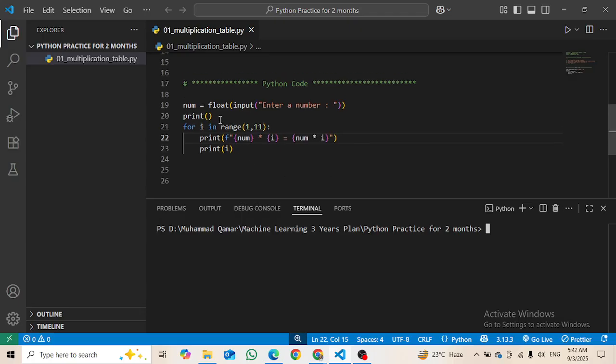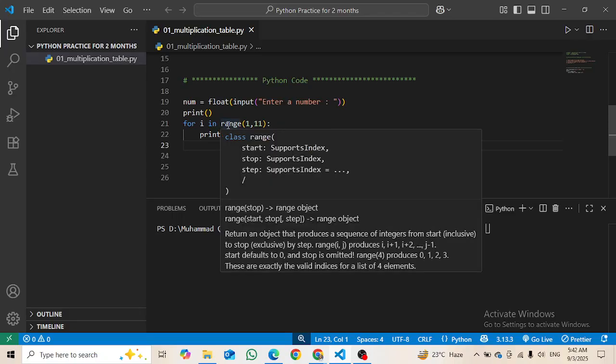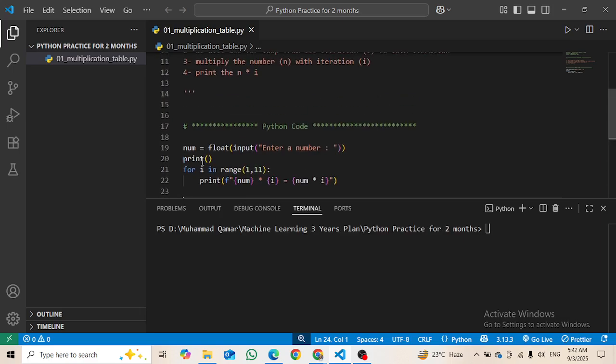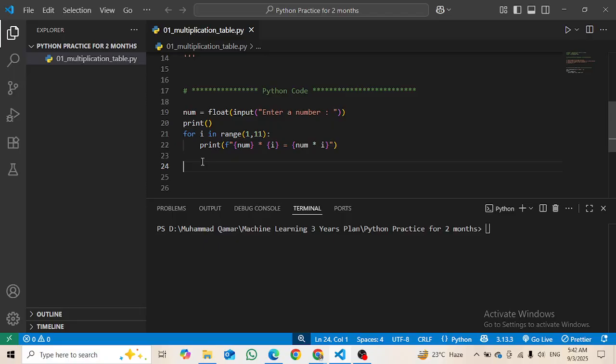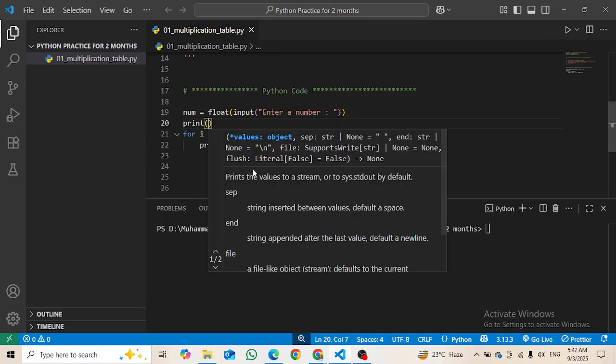So this was quite easy, right? This program was quite easy, very easy actually. But let's say I want to improve this code, and maybe there are some issues in my code, or it is not that good. So what I will do is, let's say I write this line also, and we will give it to the